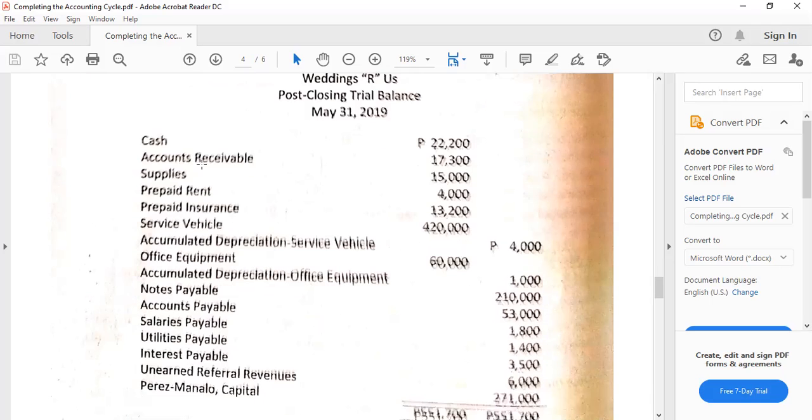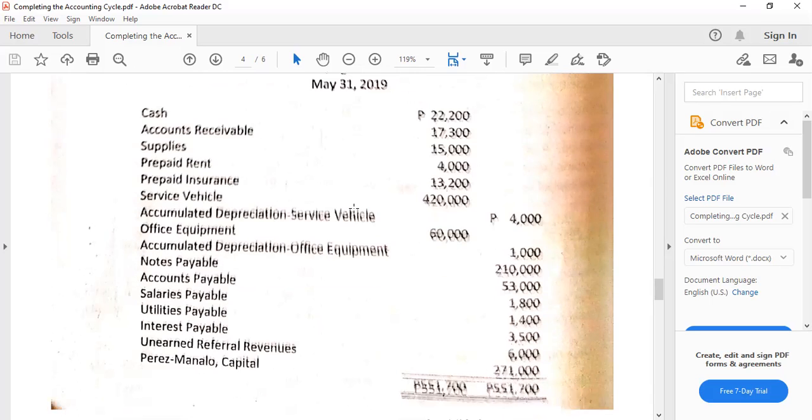Okay, so missing also here will be the account titles, debit, credit, heading, and then we put some spaces before and after. Balance, of course, if one space before, it should be one space also after to make it nice, neat, and clean, so in good form. Then peso signs are to be placed at the beginning and end. You can notice that. Missing here would be the word totals. So we can put here totals.